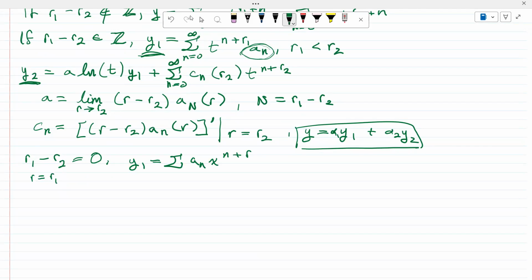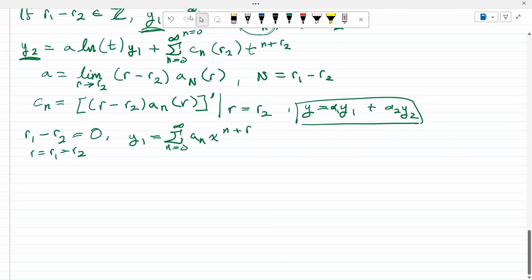I'm going to set r equal to r1 equal to r2, n equals 0 to infinity. And then y2 is equal to ln t times y1, keeping this consistent with t, plus this series from n equals 0 to infinity of